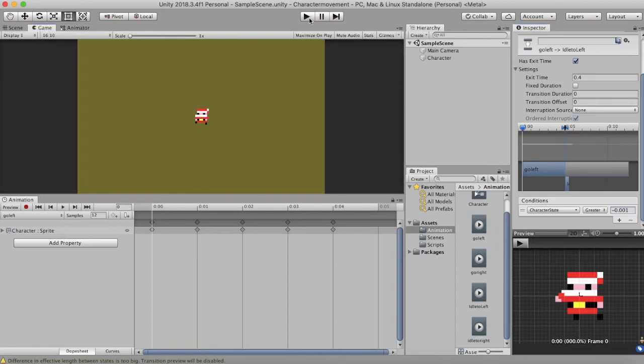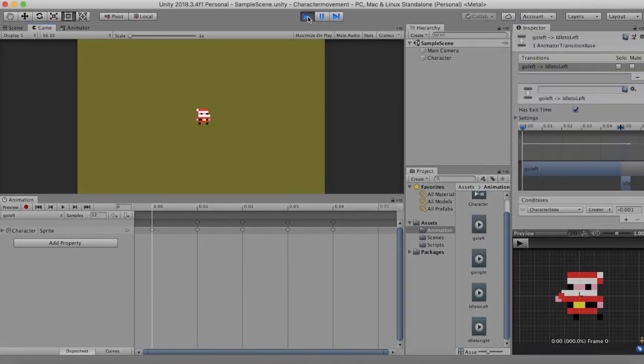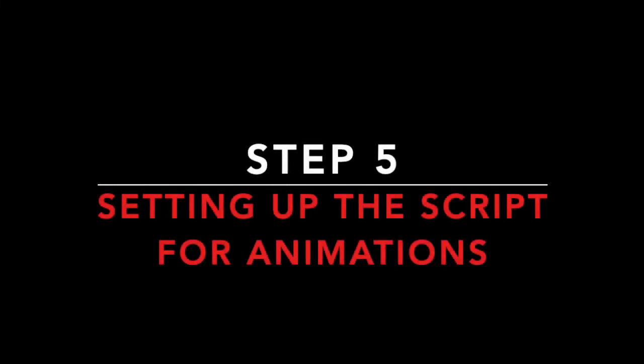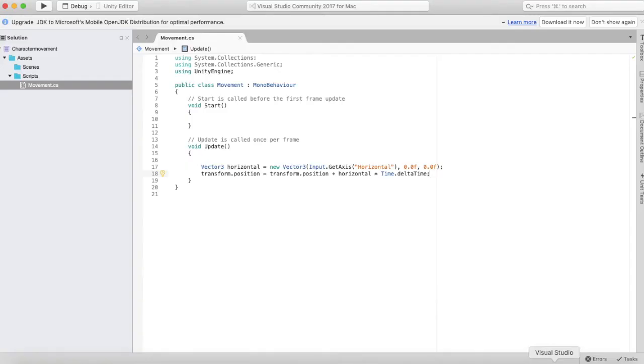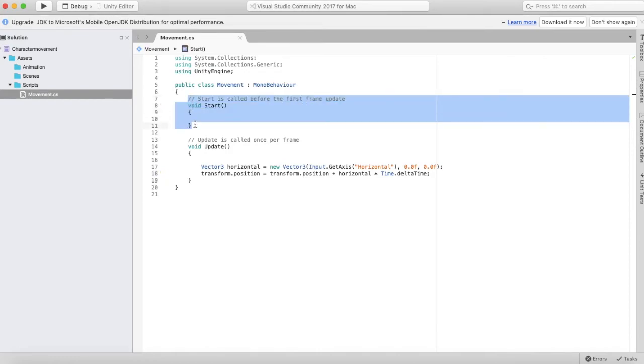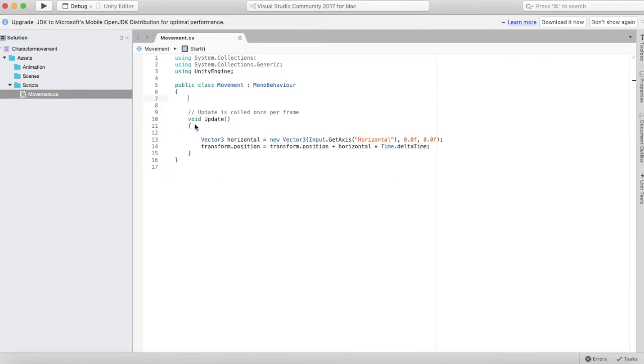So now if we test our game, you will see that the animations are not happening. That's because we haven't set the parameter value. We have to set the parameter value in the script. So let's go back to our script. Here we'll declare an animator variable that will access the character's animator. For doing that, I'll remove the start method and write public Animator characterAnim, and in the update method